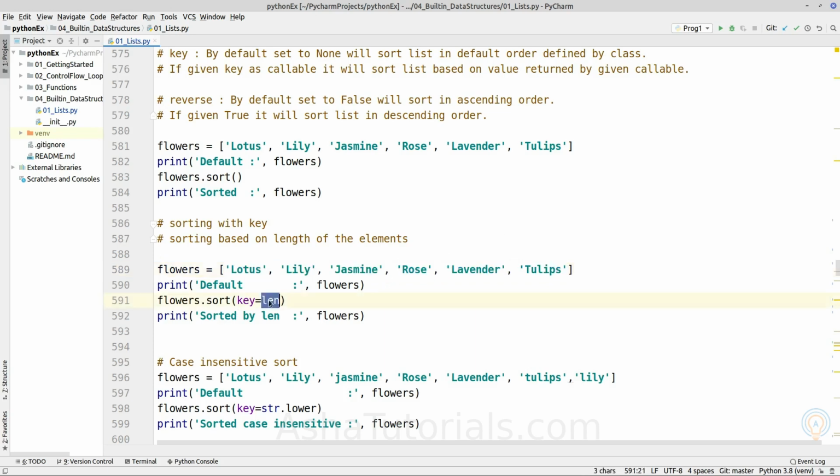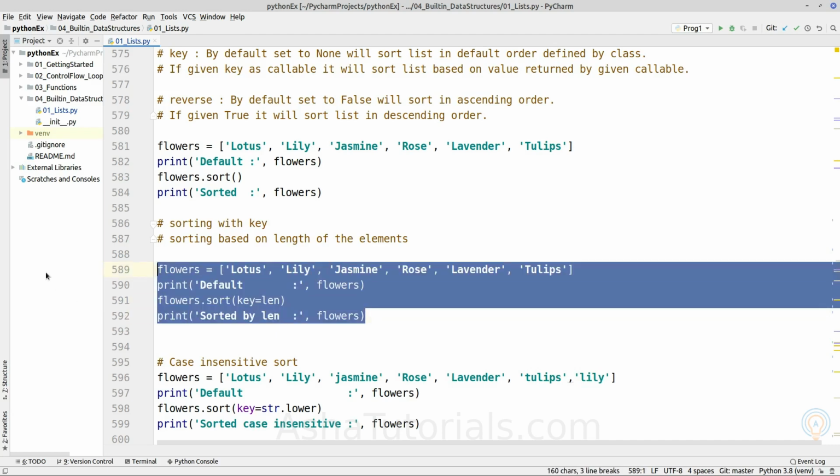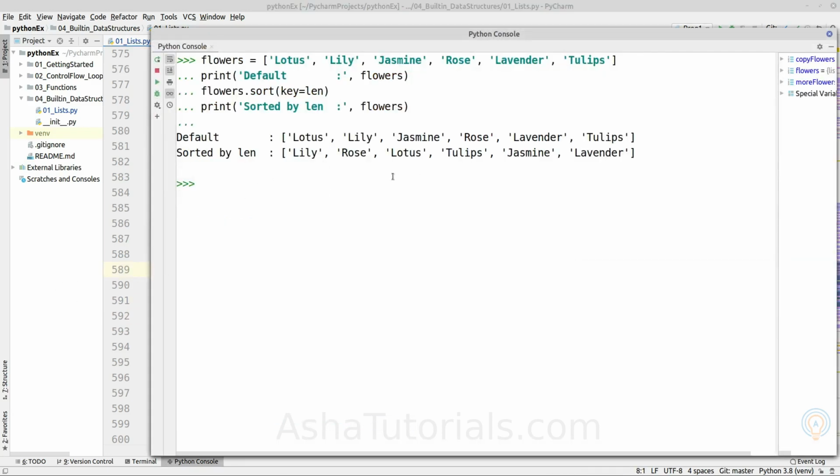So as we can see here, we have provided callable, but callable must accept one argument, because at each element we are passing only one element, and it must return single value which should be comparable. Okay, so here we have provided such callable, len. So if we execute it, as we can see, it will sort elements of string in ascending order of length of a given string. So first it is length 4 strings, then 5 and increasing. Okay.